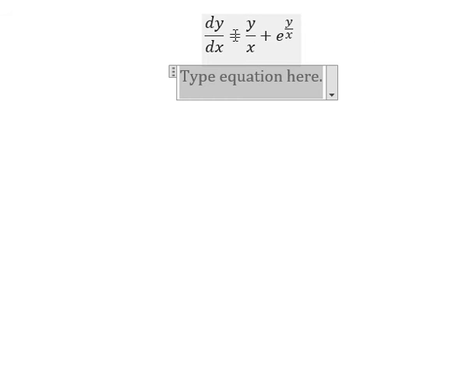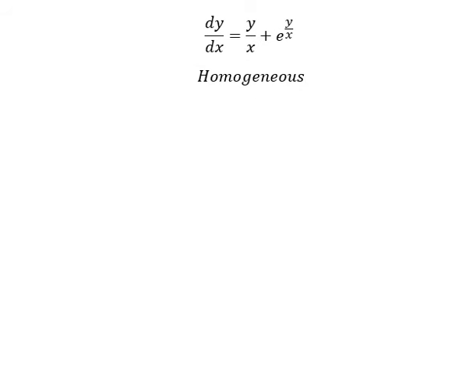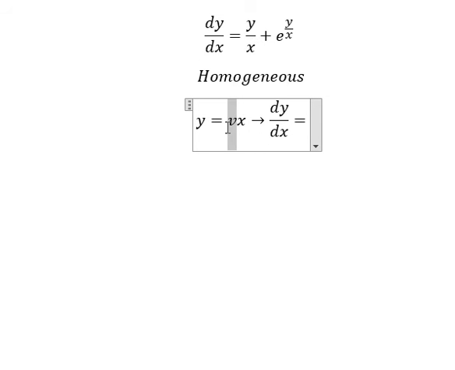We see that y divided by s. This is about homogeneous, so I will put y equals vs. So if I do the first derivative for both sides, we have dy over ds equals the first derivative of